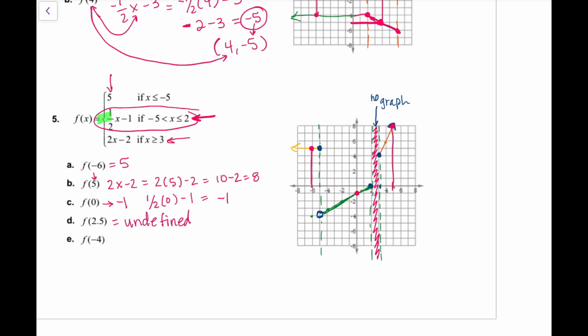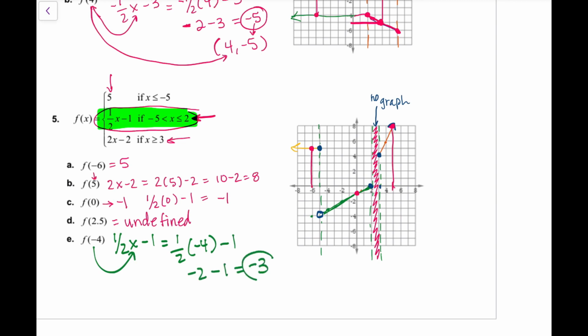-4 is in between -5 and 2. So we're going to use that second graph, 1/2 x minus 1, and we put the -4 in for x, which equals 1/2 times -4 minus 1. This is -2 minus 1, which is equal to -3. Okay,